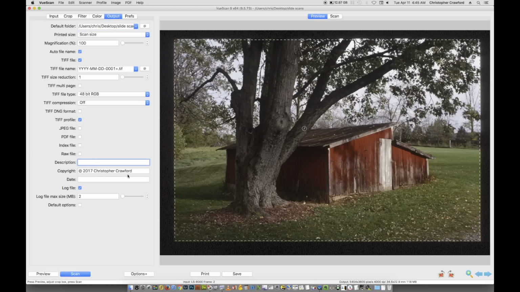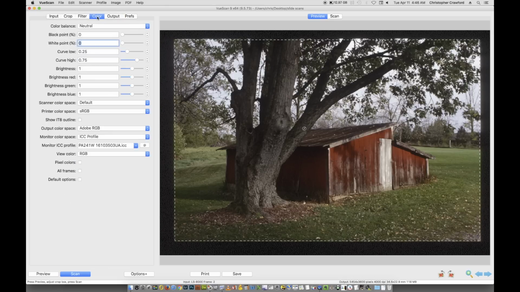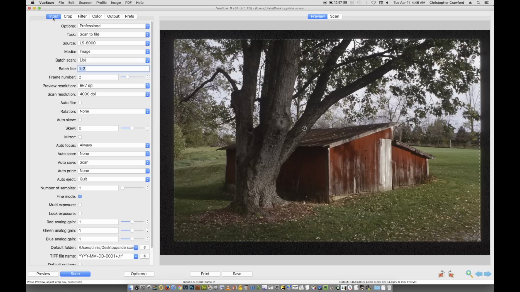You can put your copyright information like I've done here. You can type in a date if you wish. Now, you can set these settings differently for each picture. If you want to use one color setting for one of the pictures and another color setting for the other, you can do that. All you have to do is go back to the Input tab, choose the other frame number,